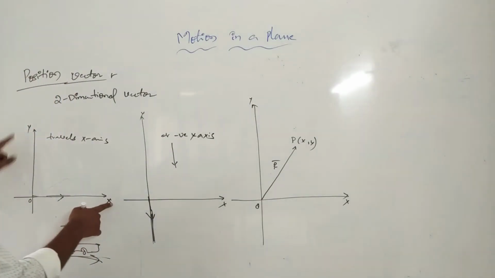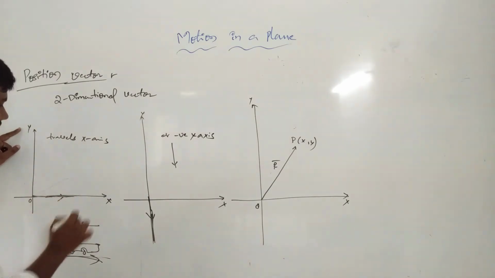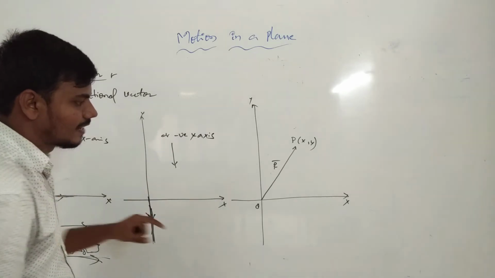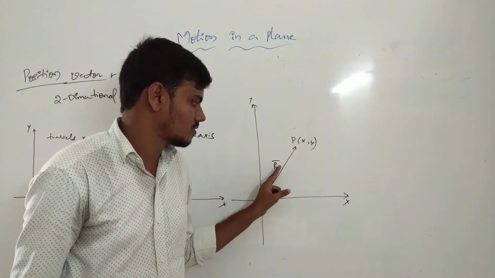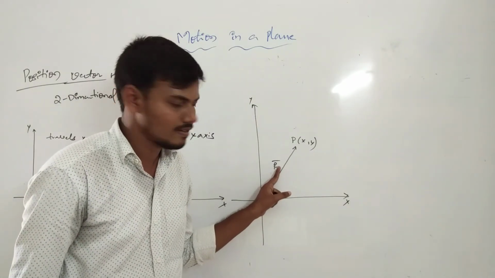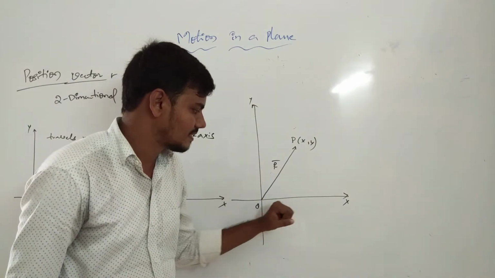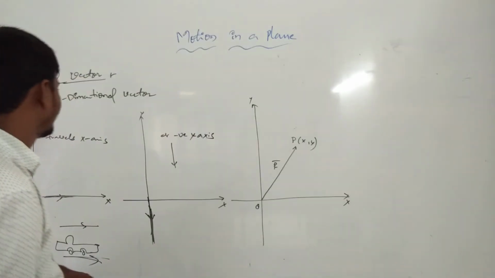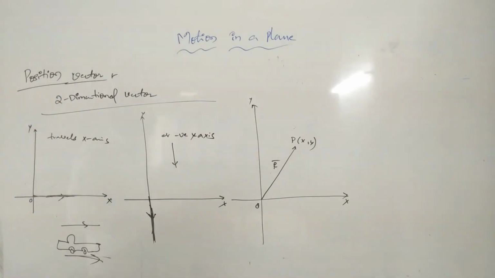In two-dimensional vectors, the first dimension is x and y. We take the x direction of the position, the negative y direction of the position, and third the diagonal direction, r bar, the resultant. This is the diagonal passing through the vector formation. Now r bar is equal to x and y components. This is the position vector, always introduced only for two-dimensional vectors.